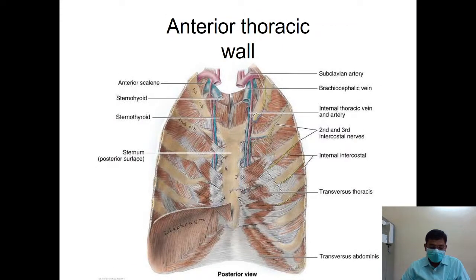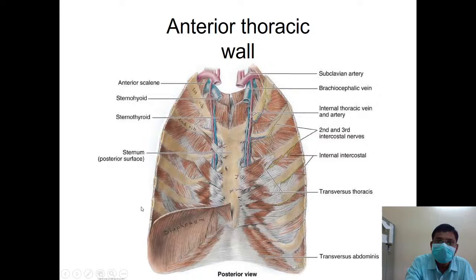Now, the most important thing. I was continuously saying, what is this transversus thoracis? Sometimes I am calling it the innermost intercostal muscle, and sometimes the transversus thoracis. See, this is the sternum. Try to imagine that you have removed the lungs and everything from the thoracic cage, and you are looking from the inner aspect. So if this is the sternum, I am looking from behind. This is the anterior part of the sternum, this is the anterior part of the thoracic wall, and you can see the sternum in between, but I am looking at it from behind. So in this view, what happens is you can see